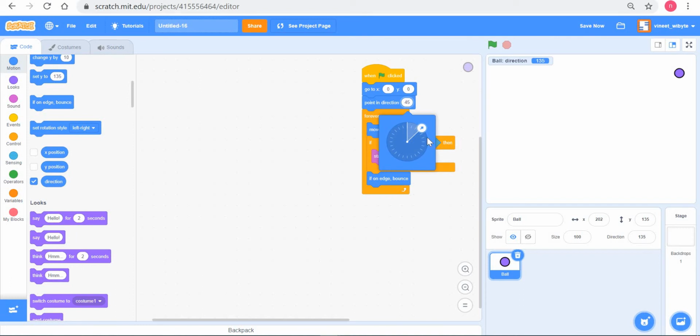Now let's take one more example. Let's say the ball is 30, right? Again, it's a 30-degree angle. However, we don't need to know, because the ball is basically going to travel in the arrow direction, right? So when I click this, remember the ball is going in 30, and it's exactly the same as the arrow, right? What happens if I want the ball to go downwards? Well, again, use the arrow. If you know angles, that's good. 120 means the ball will be here. It will start going in that direction, because as you notice, the arrow is pointed in that direction, right? So when I see this, the ball is going in that direction, right?